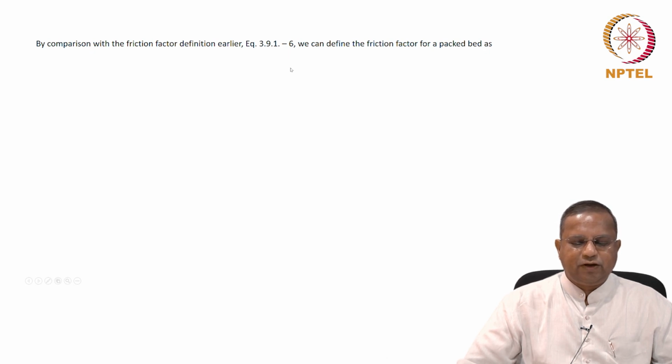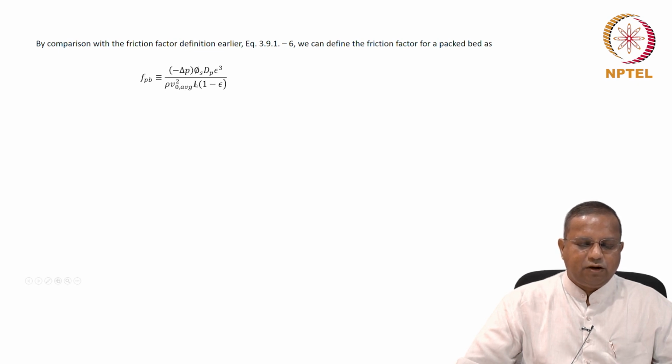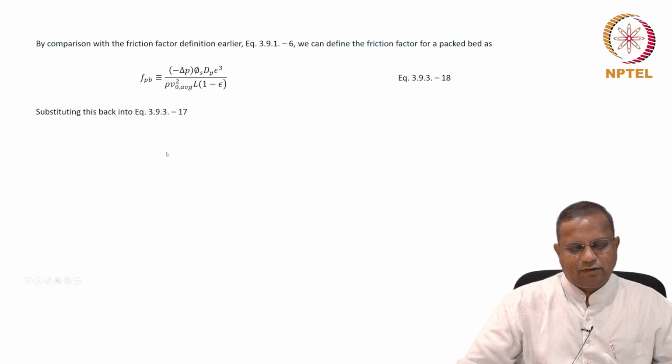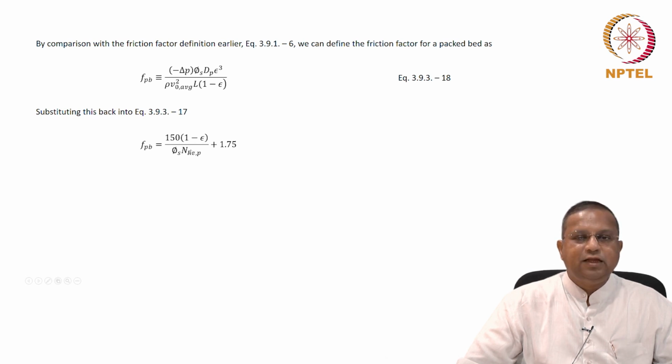So by comparison with the friction factor defined earlier, we can define a friction factor for a packed bed as F for a packed bed as minus delta P phi s dP epsilon cubed by, so Fs by area divided by this term here, the kinetic energy per unit volume term, rho V naught average squared L by 1 minus epsilon, equation 3.9.3-18. And if you substitute this back into the earlier expression, we get the friction factor for a packed bed as 150 into 1 minus epsilon divided by phi s, the sphericity, times the Reynolds number plus 1.75,